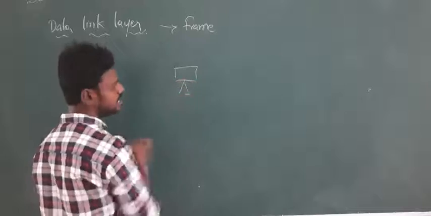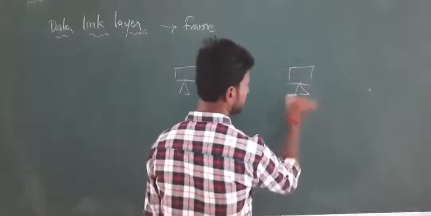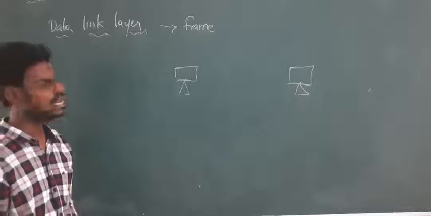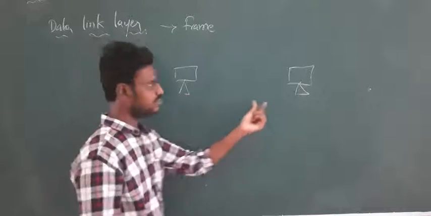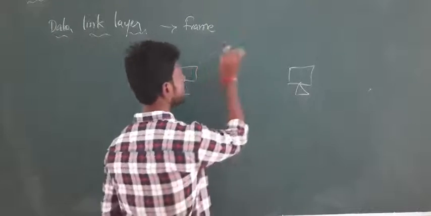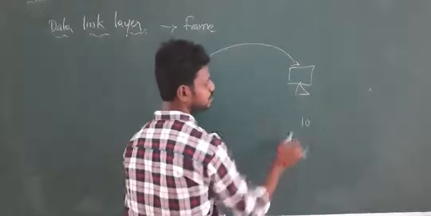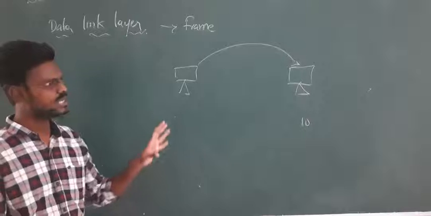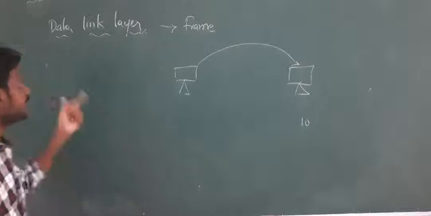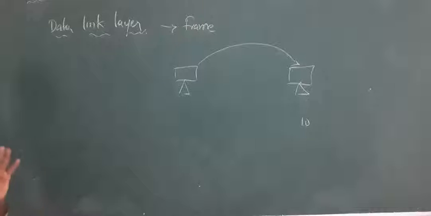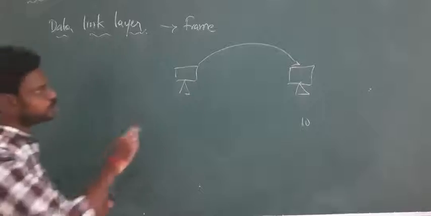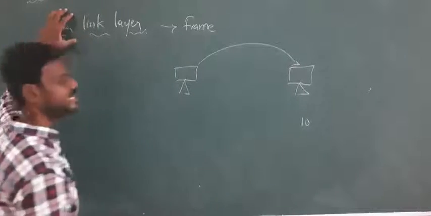And already I told you, it regulates the traffic. Suppose there is a sender and there is a receiver, two parties sending and receiving data. One may have the highest speed and the other the lowest speed. He can send 100 bits of data per second, but he can receive only 10 bits per second. Then how should it be handled? That is taken care of by the data link layer. These are a few responsibilities divided among the layers, and how it should be controlled is taken care of by the data link layer.